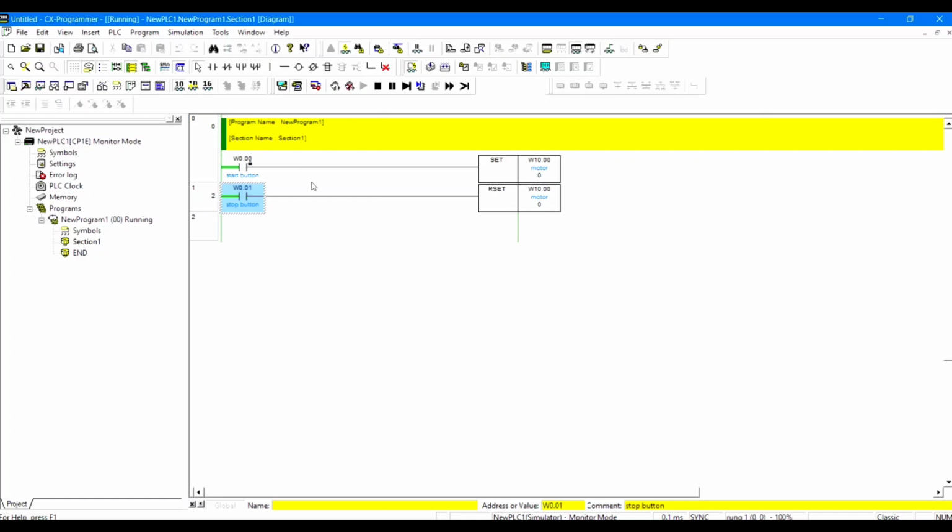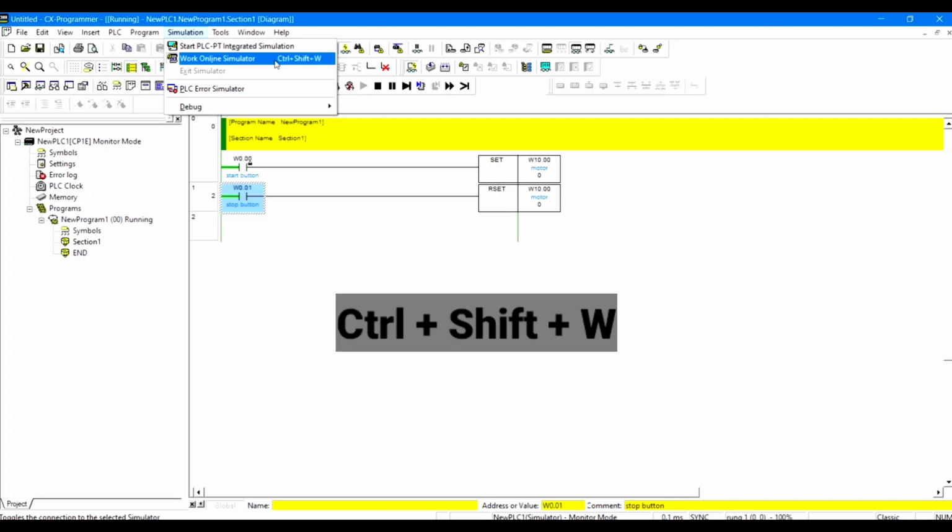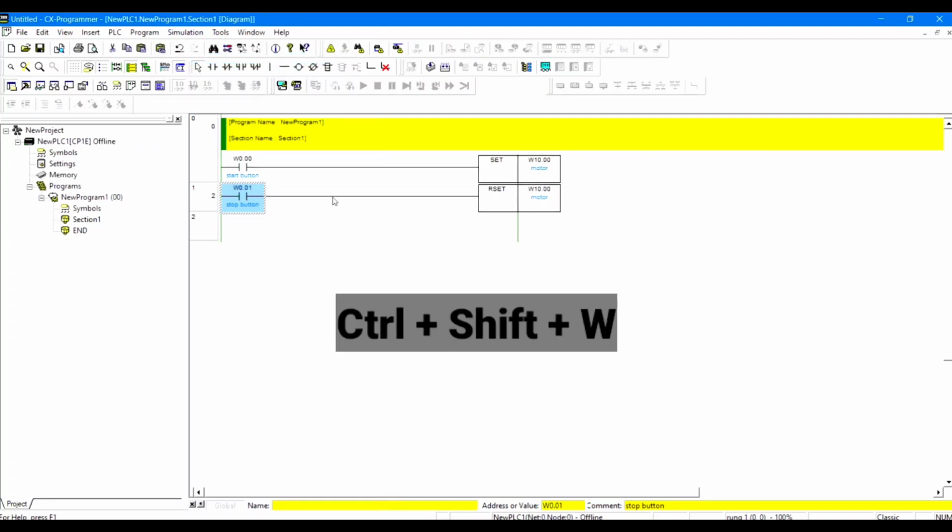Now we will go offline. Click on the Simulator and use Work Online Simulator again. To go offline, you can use the shortcut Control Shift plus W.